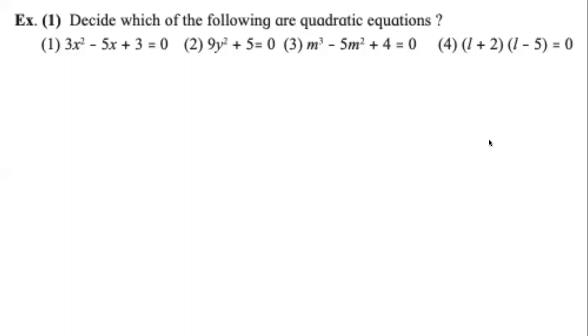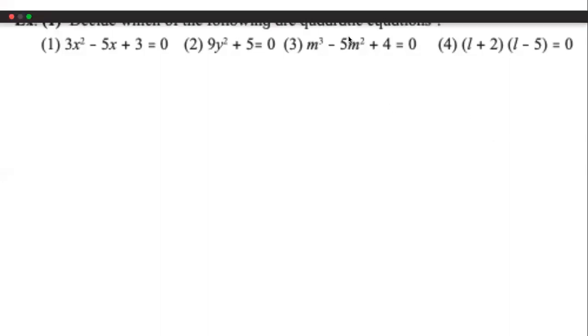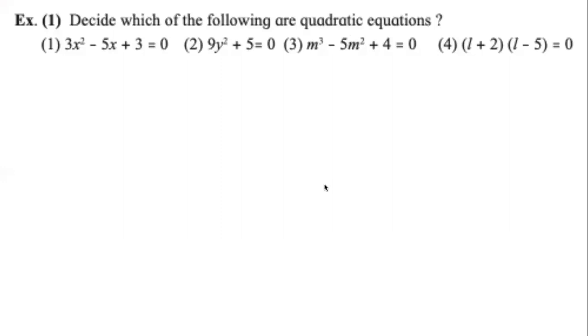Another question from the textbook only. Don't look at the answers in the textbook. Anyway, the answers are not fully given. This question is at the end of page number 31. 4 more equations are given. Oh, okay, no problem. Just find out. Forget about the equation. Just find out which equations have quadratic polynomials. That means this one, this one, this one, and this one, out of these 4 polynomials, which ones are quadratic?